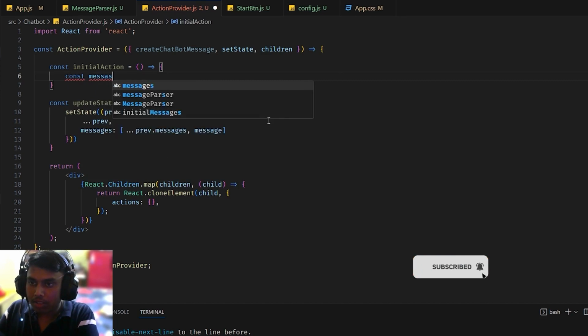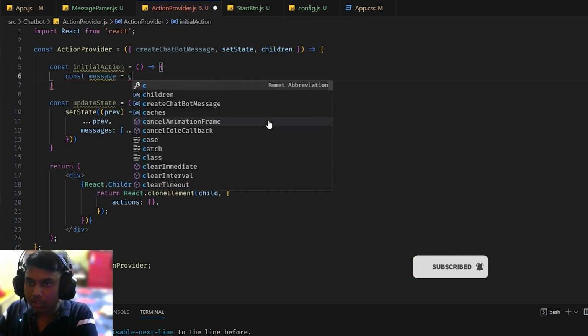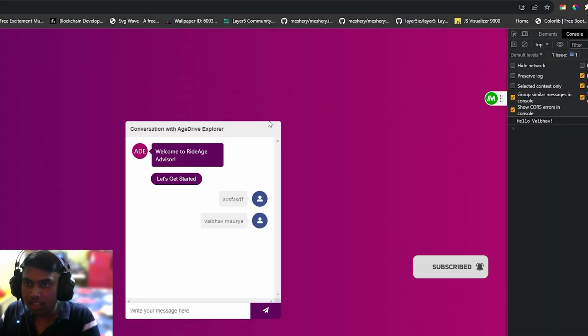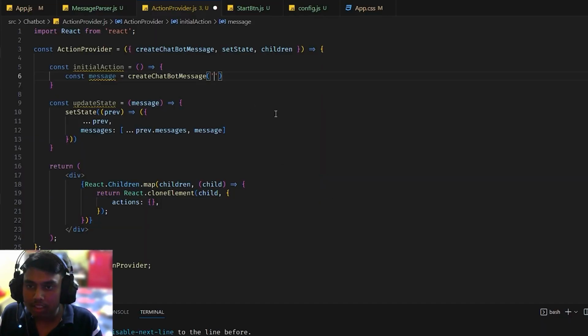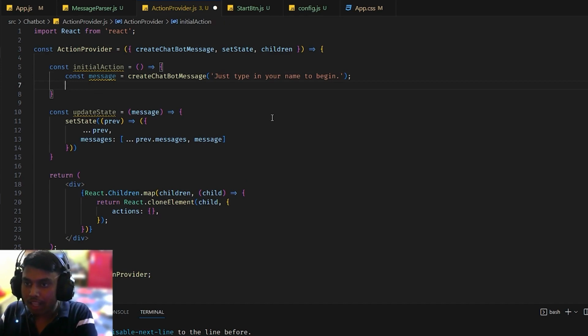const message equals to create chatbot message in this. So the initial message is like here we can see, on clicking the button, it renders this message. So for that I copy this and I'll paste this here, and after that update state, and in this we